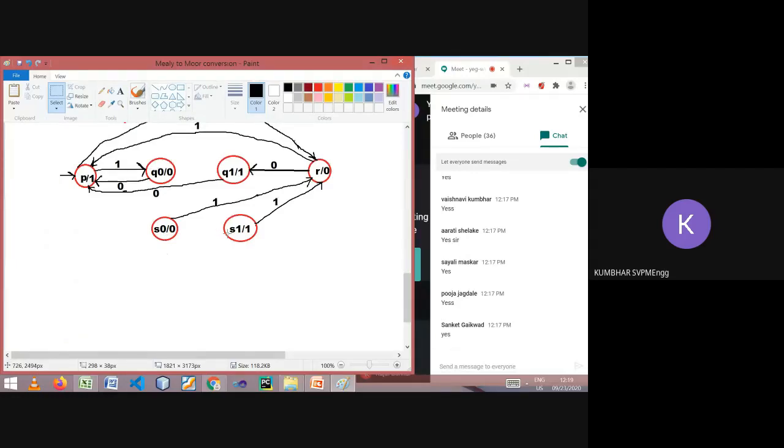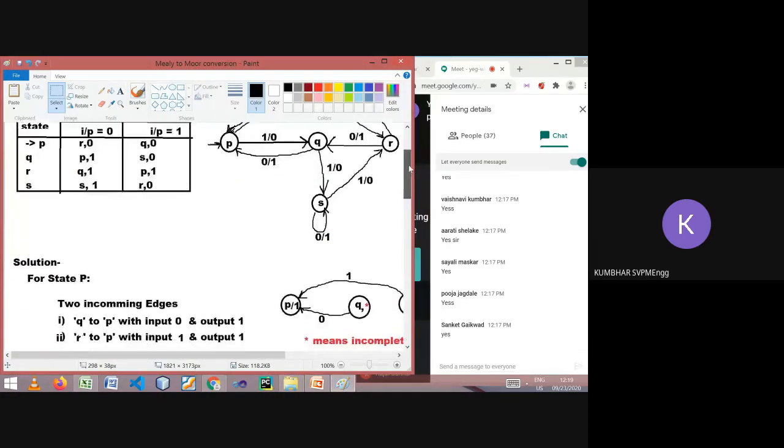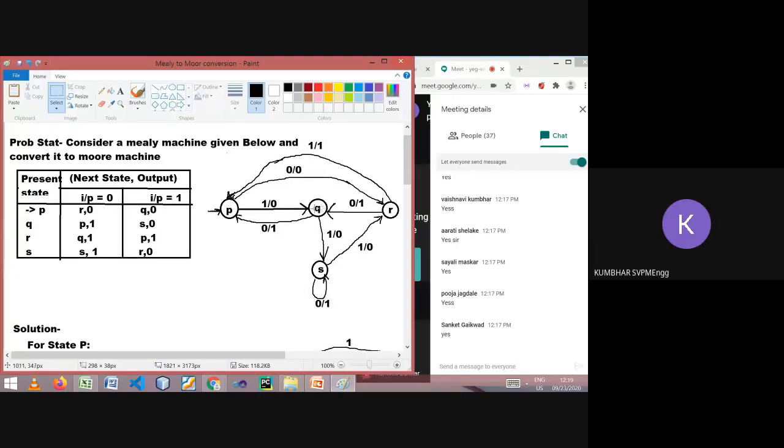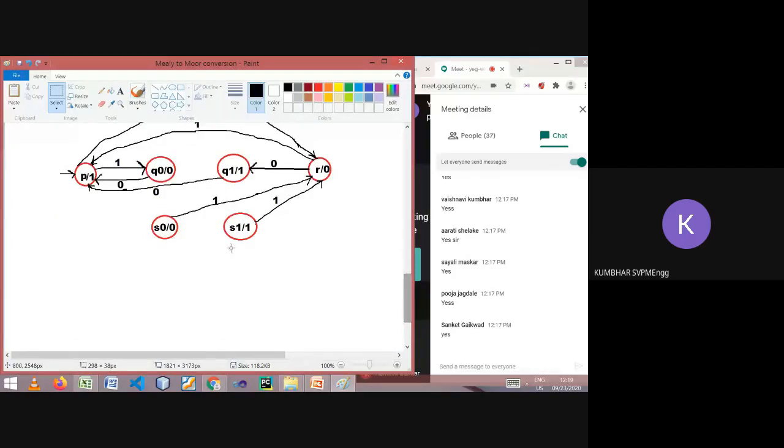So two things we have to finalize: the transition should be shown from which state and to which state, from and to. Transition will be from both the Q, but it will go towards that part of S which gives output 0. So the output 0 state of S is only one, S0.